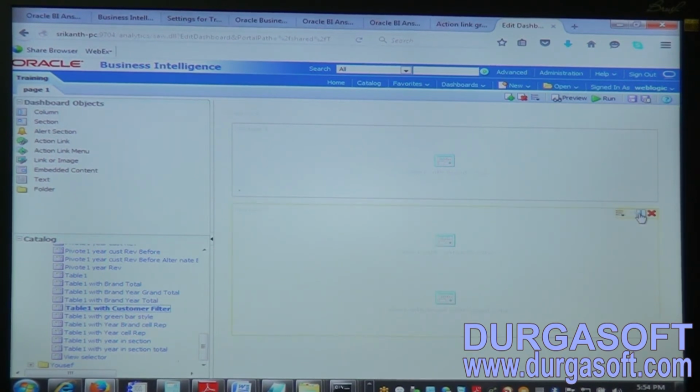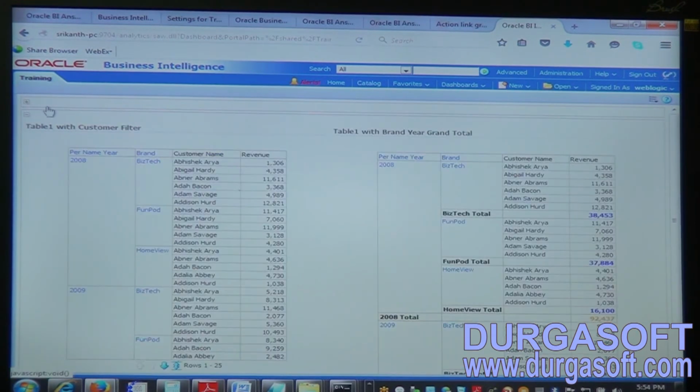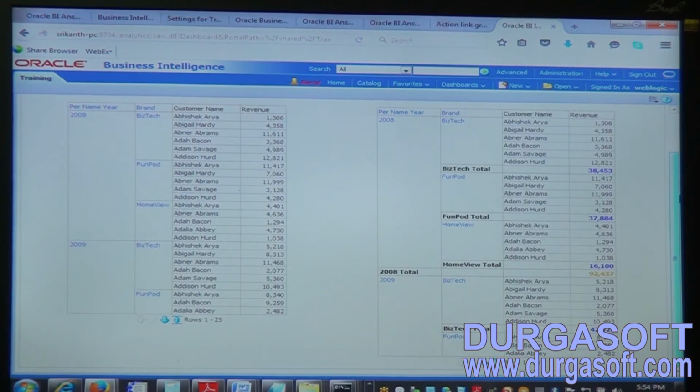If I go to the corner, we can see it is showing with vertical layout. I want to make it horizontal, that means side by side. Now once I save it and click run, you can see the second section, once we minimize, it's showing side by side.